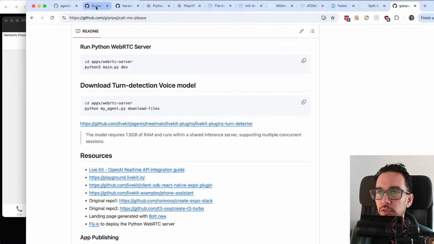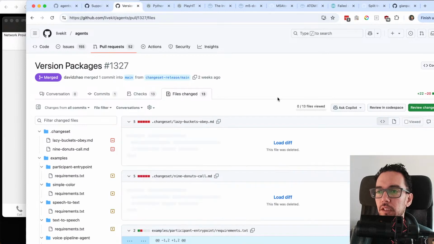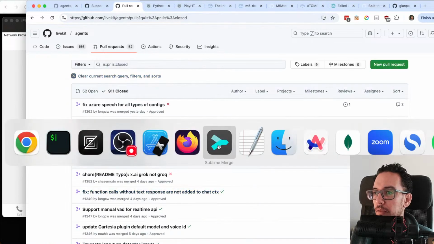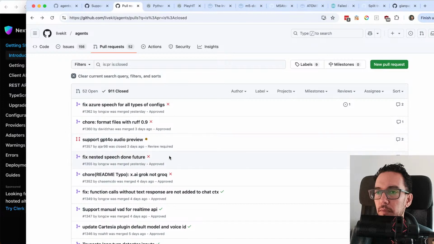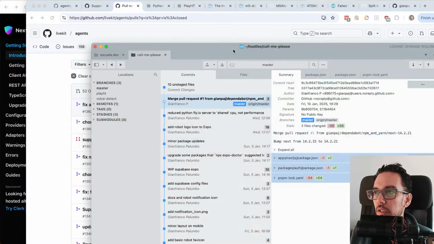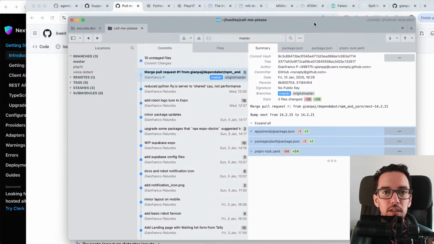I wanted to check what happened in the last week or two with PlayHT. When you are using some of the latest versions of any Node package or Python module, it's good to keep up to date and see, for example, what pull requests have been closed recently. The last time I upgraded